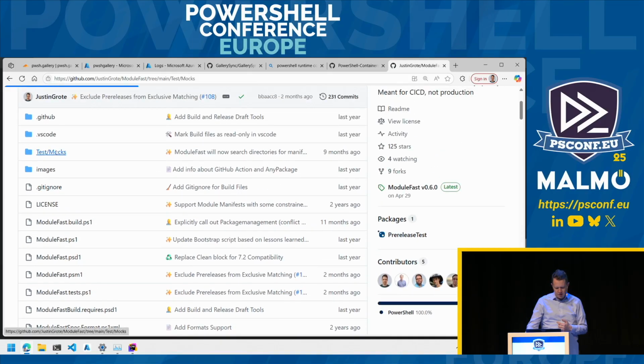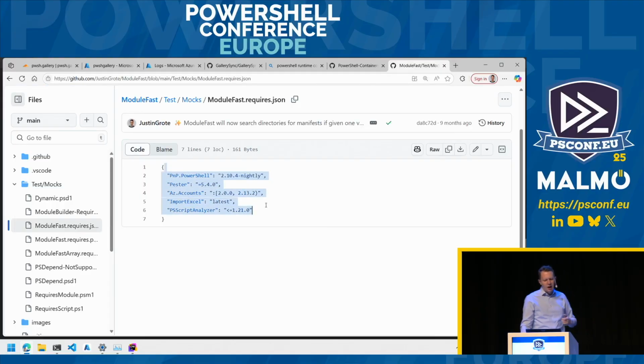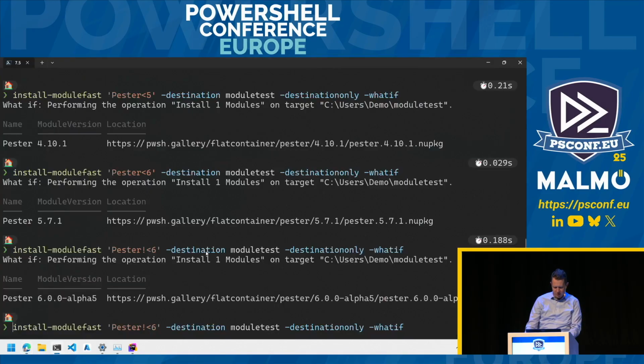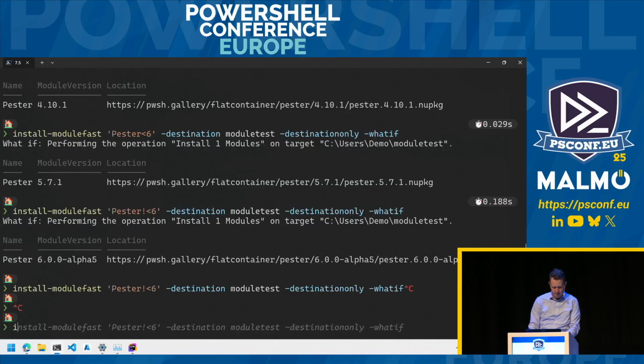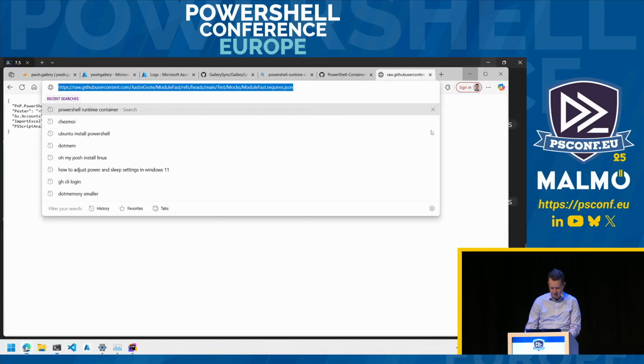If we go to the test here, or you can make a JSON version. And so you can say, I want PowerShell 2.0 nightly, Pester at this version. This should also work with web addresses. So if I do install, I don't know if it'll work with a Git link. I probably need the raw. So if I say that,